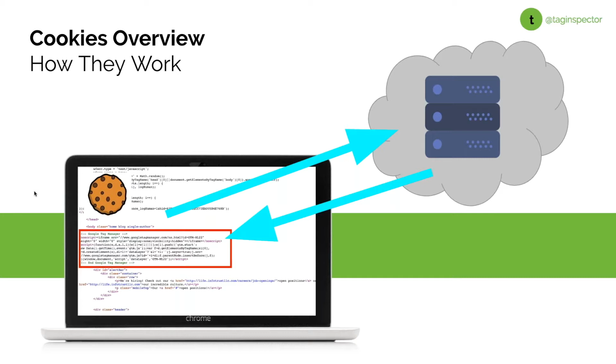And that's important, not necessarily for the Chrome updates, but for the ITP updates, is that first-party cookies set via those header responses do not have the same restrictions as first-party cookies that are set via JavaScript, such as a tag on a page. If you want some more nitty-gritty details on the ITP updates, we have some past content on that. Again, it's accessible on the Tag Inspector website that gets into that a little bit deeper. But today, as mentioned, we'll be focusing more on the Google and the Chrome updates.